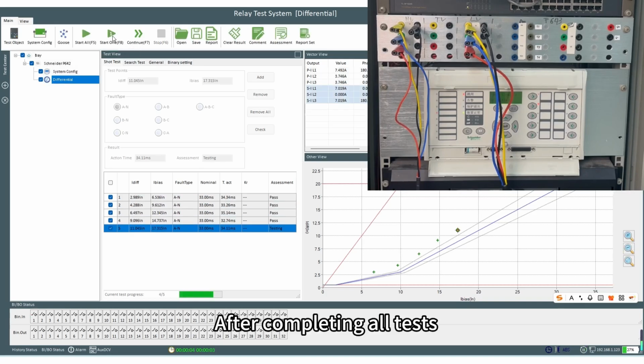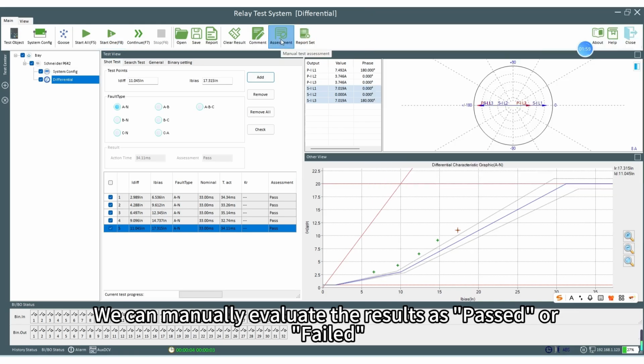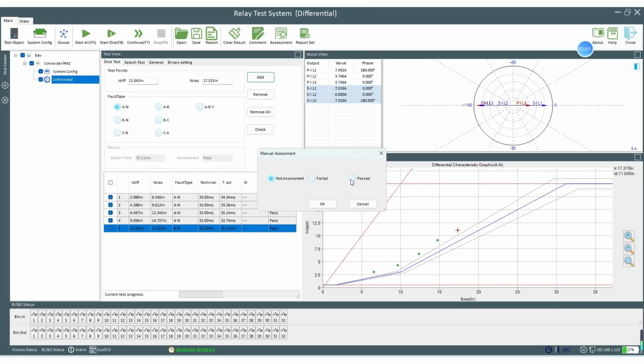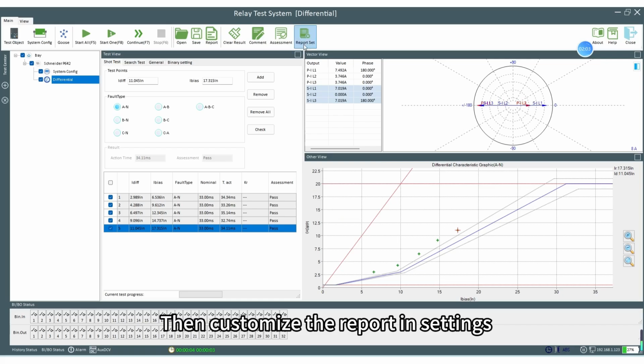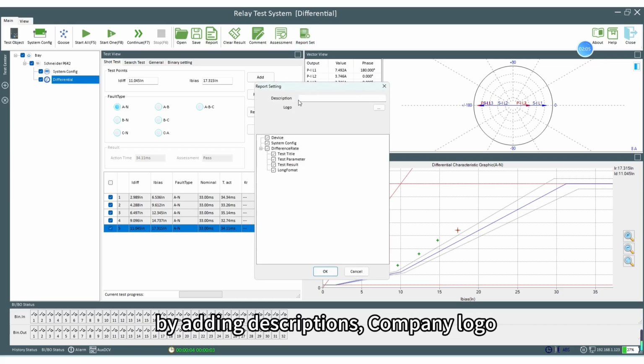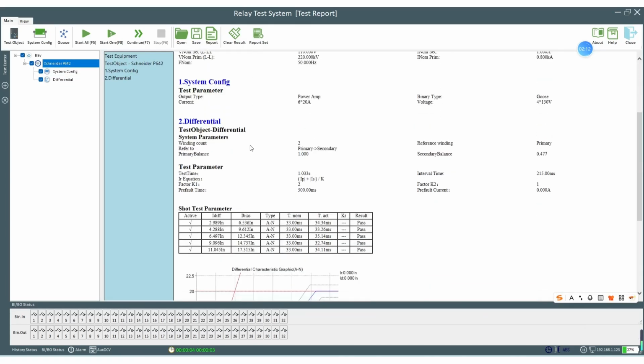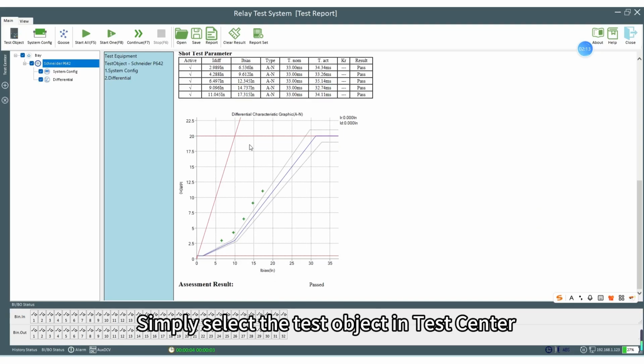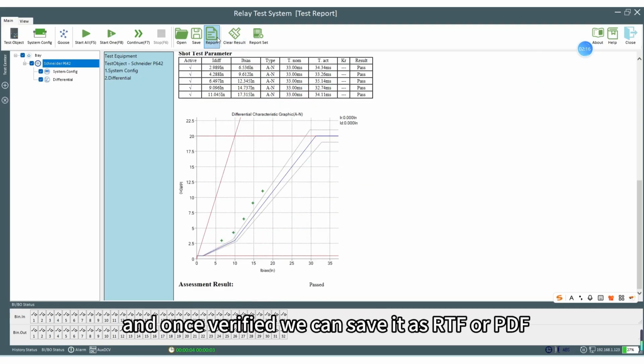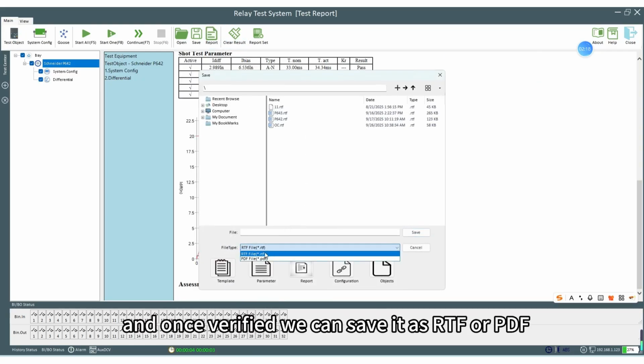After completing all tests, we can manually evaluate the results as passed or failed. Then customize the report in settings by adding descriptions, company logo, and selecting the long format to include characteristic diagrams for clearer visualization. Simply select the test object in Test Center to preview the report, and once verified, we can save it as RTF or